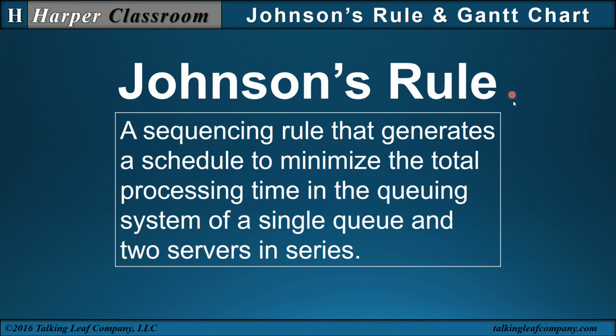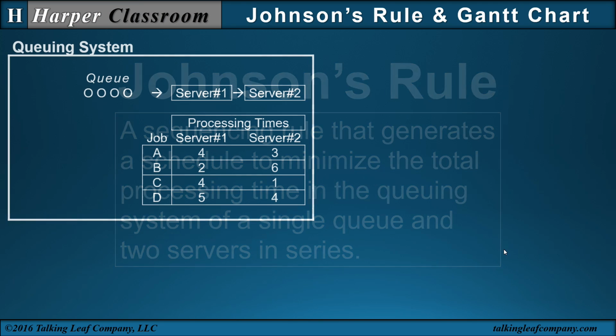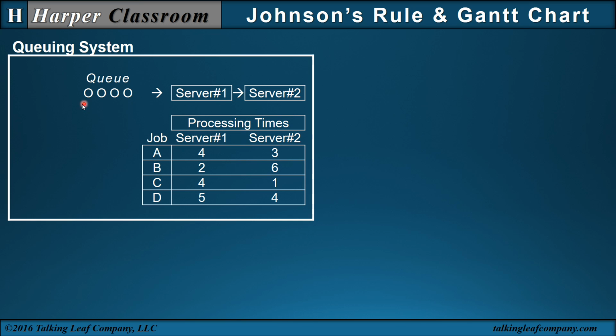Look at Johnson's Rule, a sequencing rule that generates a schedule to minimize the total processing time in the queuing system of a single queue and two servers in series. So we start with a queuing system where we have a queue and two servers, and since we have two servers, we have two sets of processing times, one for each job. And the rule is, once we create our schedule, each job has to go through server 1, then server 2,